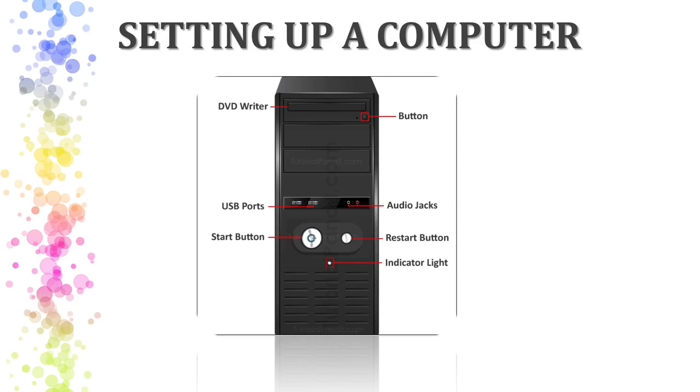So this is the front view of a CPU box. Only the front view. The CPU also has a back view that we will see next, but this is only the front view of the CPU box. You can understand the front view of the CPU box, the keys, the buttons and the ports on the CPU front look. First, which is the DVD writer? Whenever you come to school, I am asking this question. So you have to remember it, compulsory. If you are not remembering this question, then you have to write it in a notebook many times, not only one time.